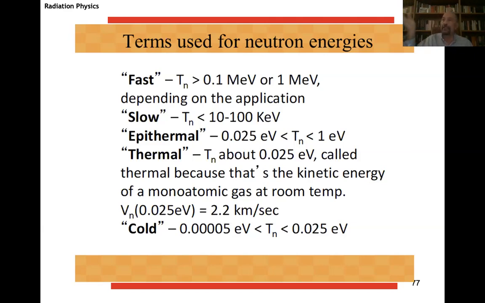So if you take the air in your room at room temperature, the kinetic energy is approximately 25 millielectron volt. So neutrons with that kind of energy, around 25 millielectron volt, a little bit higher, are called epithermal, so almost thermal, let's say, are called